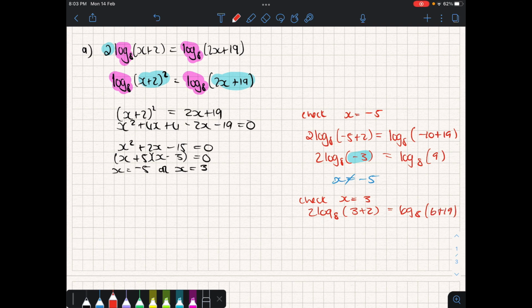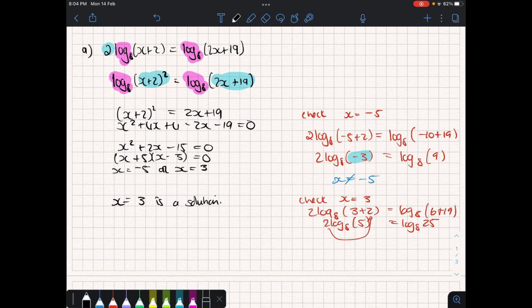Checking both sides, we can see that both sides are the same. If I move this up here, we get 5 squared, which is 25. And so we can say x equal to 3 is a solution. A nice simple example just to show how we have to check all our solutions with log equations